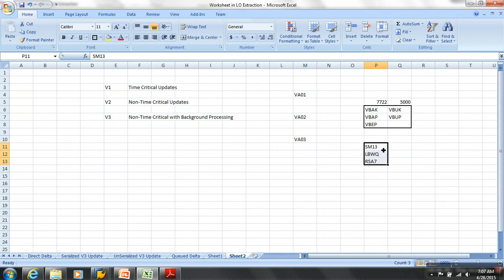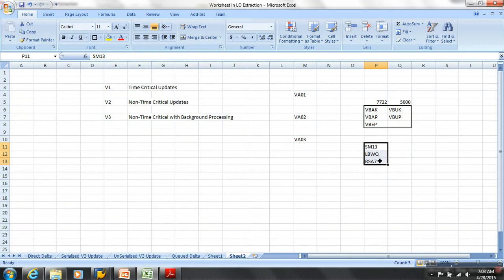If it is unserialized, it should collect LUWs into SM13. If it is queued, it has to collect into LBWQ. If it is direct delta, then it has to collect LUWs directly to the delta queue. Yes or no? Two updates are necessary here. One is changes to the corresponding database tables in the backend. The other is the LUWs getting updated to these queues depending on the update mode. Which is important?